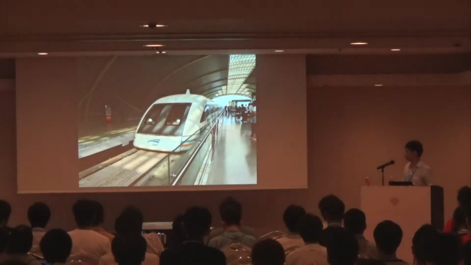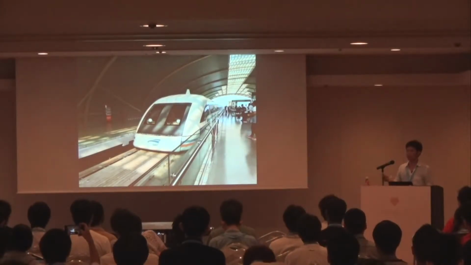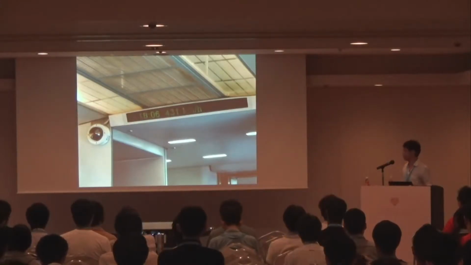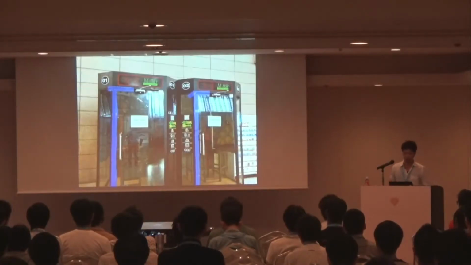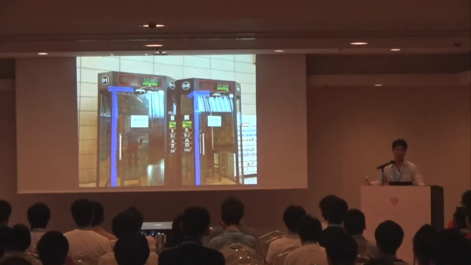I also got on a maglev, which is the fastest commercial train in the world, which runs at 431 kilometers per hour, which is really fast. In miles, it's about 267 miles per hour. I also found something interesting at the airport, which is a karaoke box. You can literally get into the box, pick a mic, and sing. So if you get really bored at the airport, you can just sing. That was really interesting. I really wanted to give it a try, but it seems that it is out of service,